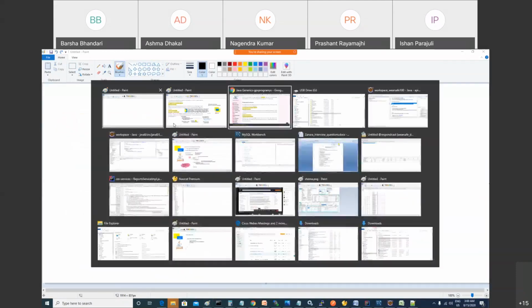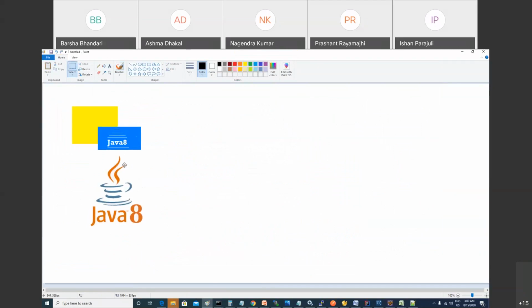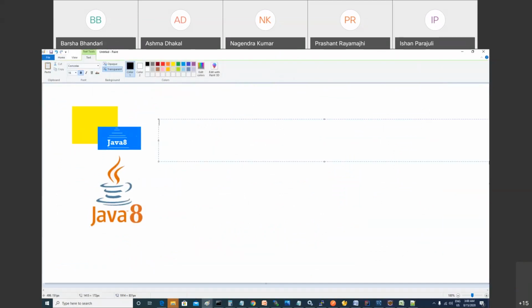Next thing I have to teach you is the generic interface. Generic interface makes your interface generic. Let me show you. I'm just making a class. You have to tell me whether you got my point or not. Runner. I want this Runner to work in a generic fashion, Ashma. You help me, please. Interface, and here I can write T, right?